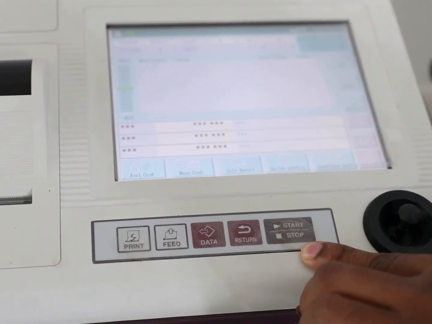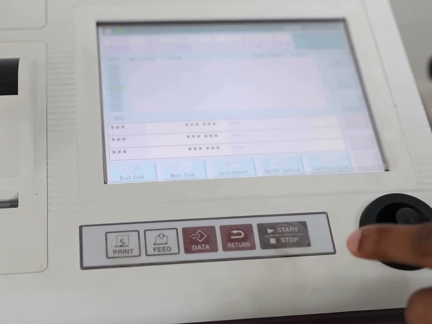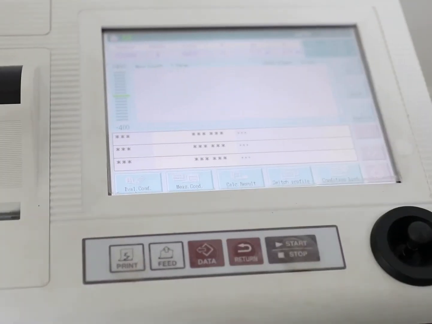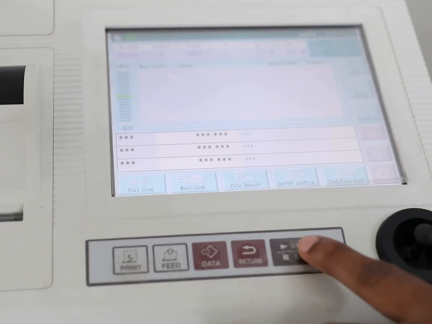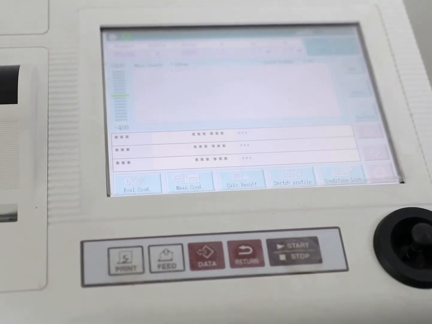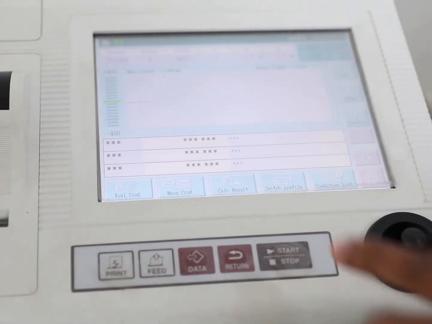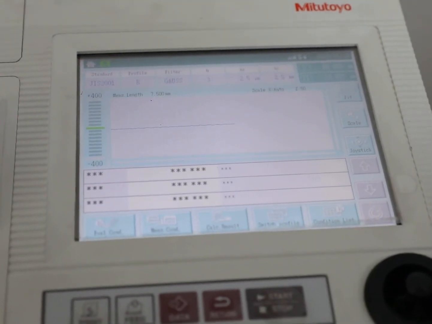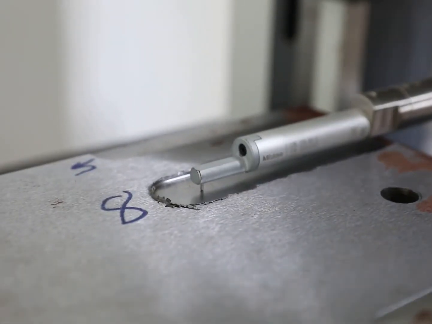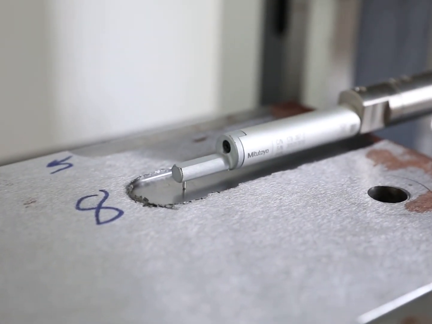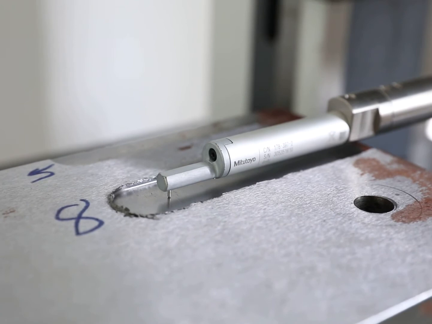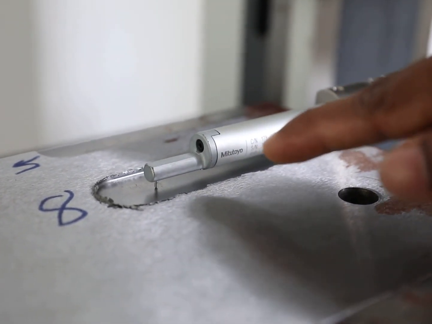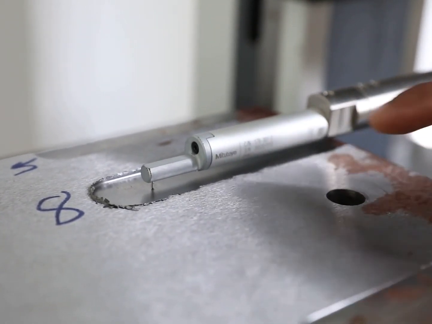Now I am going to take a measurement. First, as I explained earlier, I kept it in the middle level and I press the start button. Now you can see that with time, the machine is drawing the profile of the surface that we are measuring. When it is measuring, you can see that the stylus is moving along the surface while it is touching.